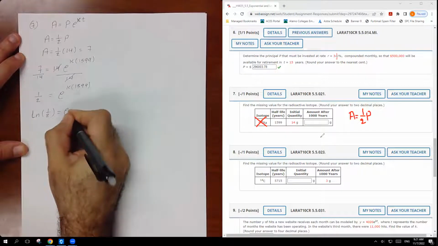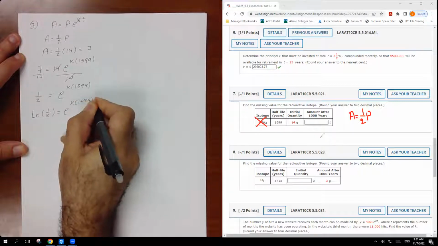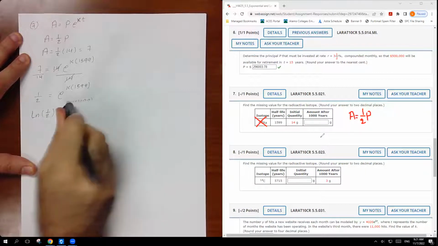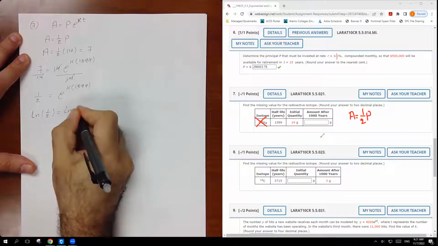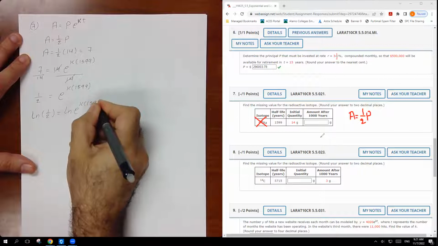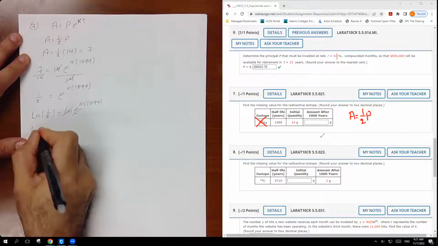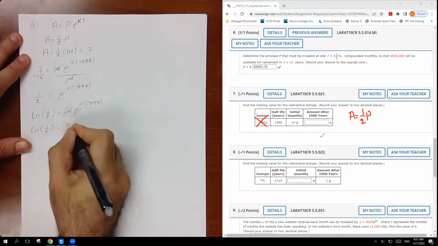equal E to the K, 1599. I forgot to put the ln here. So it's going to be ln of E to the K 1599. Cancel these. So it's going to be ln of 1/2 equal K